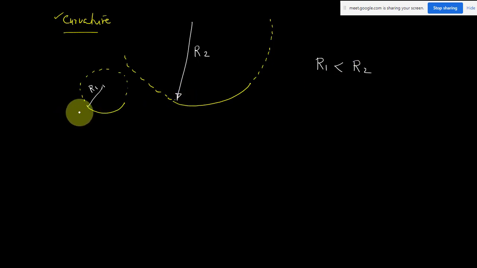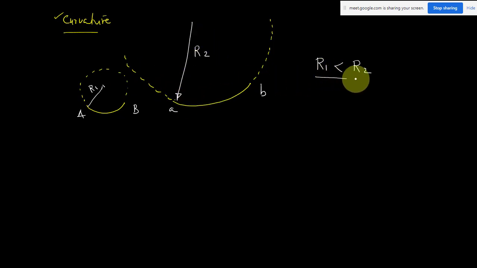I have just given an example, AB, the first curve, and the second is a small AB. So by looking at these curves, we can say that if this curve is a part of a circle, it is going to have less radius R1, and for this curve the radius R2 will be more.